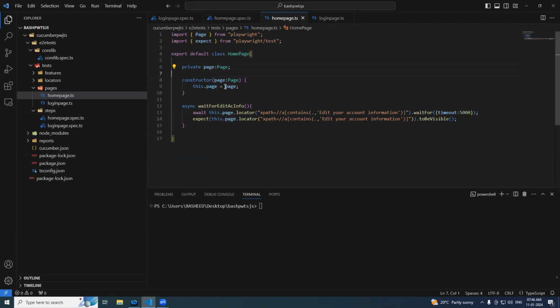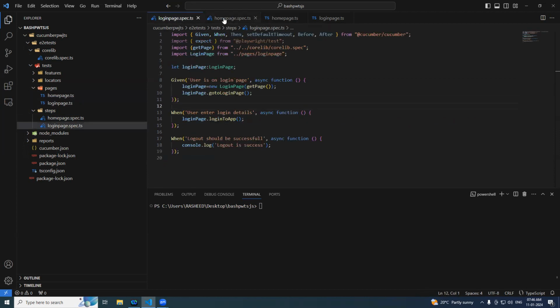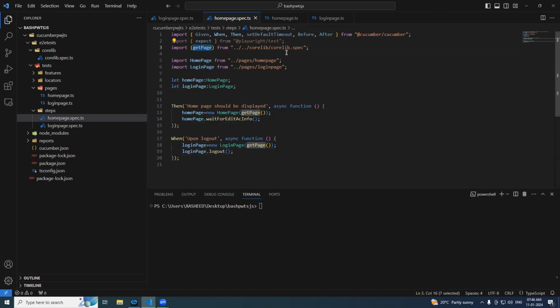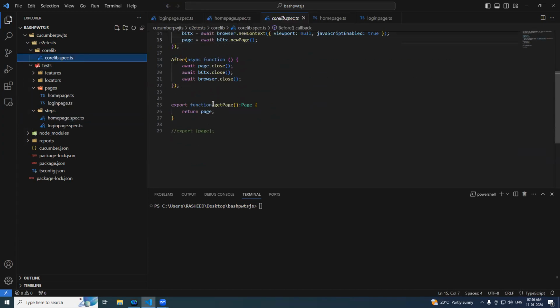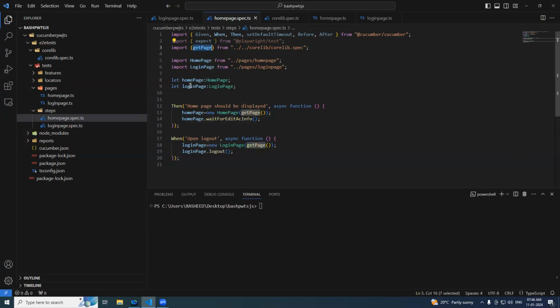Page. So we initialized it because from the spec pages, we have get page. That is what is coming from the core library. So we can pass it. I know you can ask me, why can't we initialize here itself directly? No, it's not possible, right? Why is it not possible? If you write this statement here, new home page of get page, right? There may be a chance that this page might have not initialized, this variable may be undefined, and